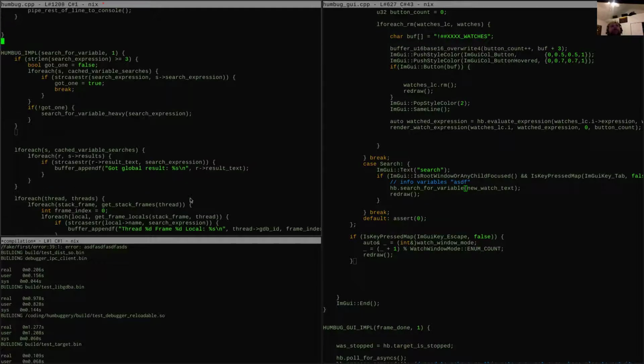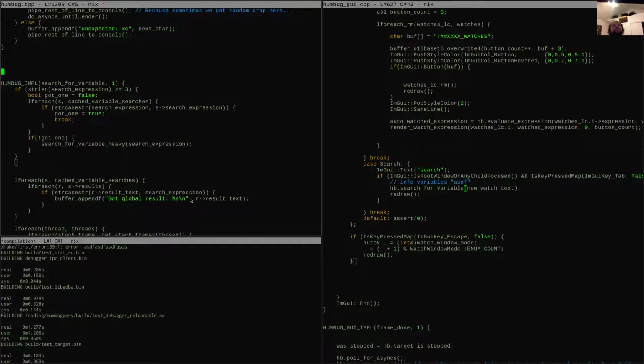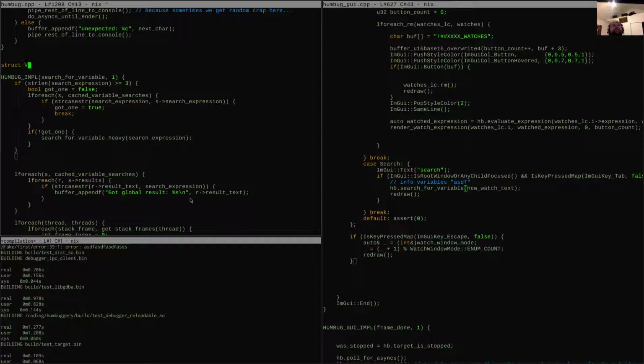We need some sort of context. So let's do struct variable search iteration context.